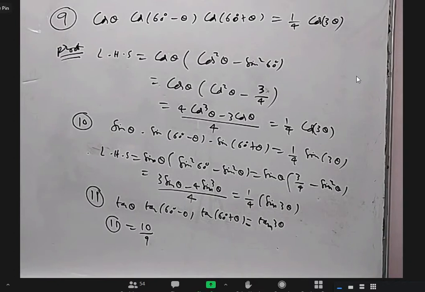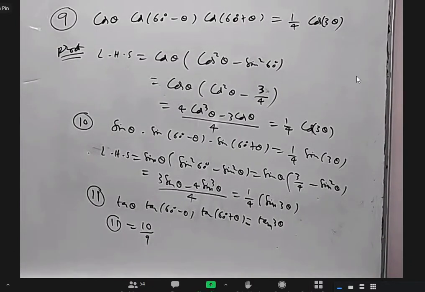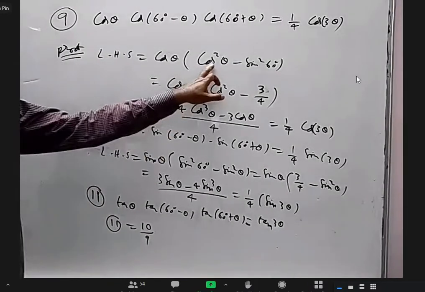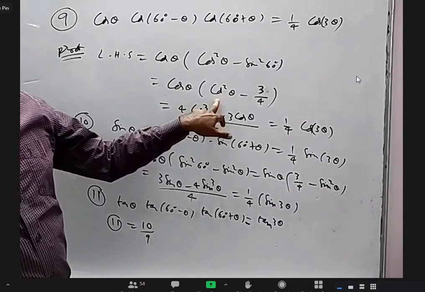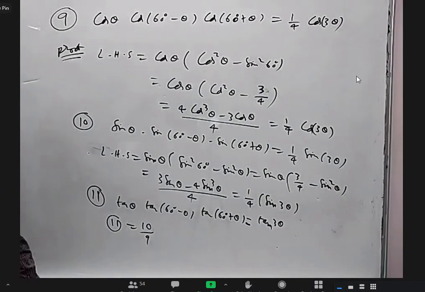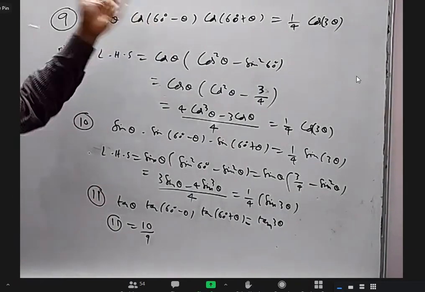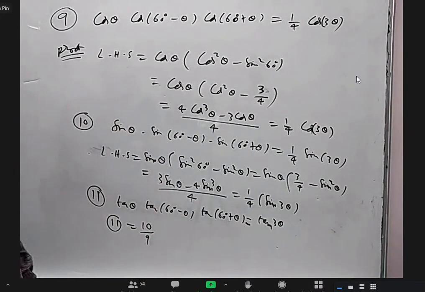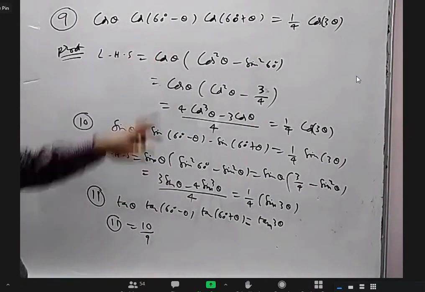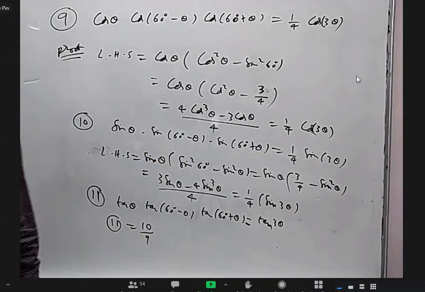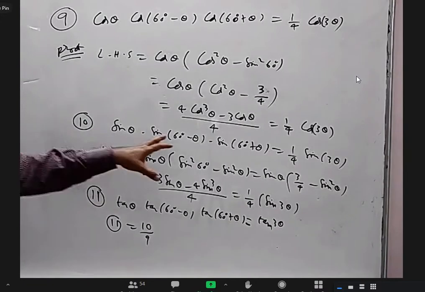Sir, according to the quadrant, the minus sign comes, no, sir, on the left hand side? It may not come because we have squares here, right? Yes, sir. But sometimes they may give theta minus 60, theta plus 60. If it is 60 or 120, 240, everything is the same. You get the same formula because the square is there. Here also the same. But what if they give sin theta into sin theta minus 60 into sin theta plus 60? You may get a minus because minus is coming from there. So that is the reason I'm telling.